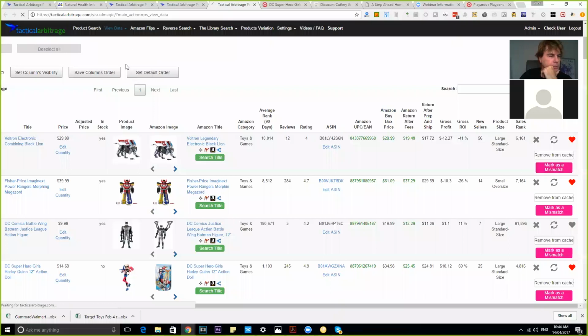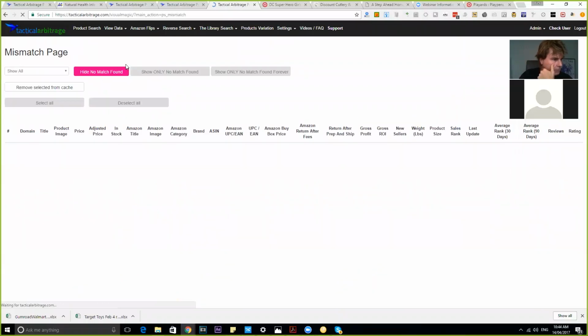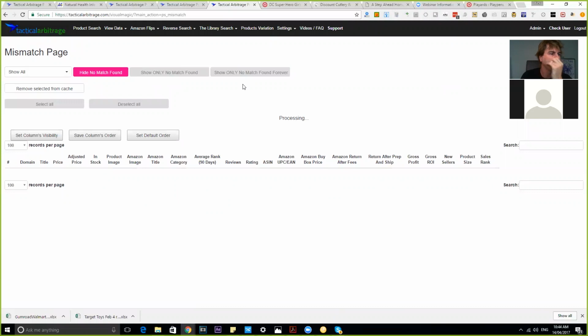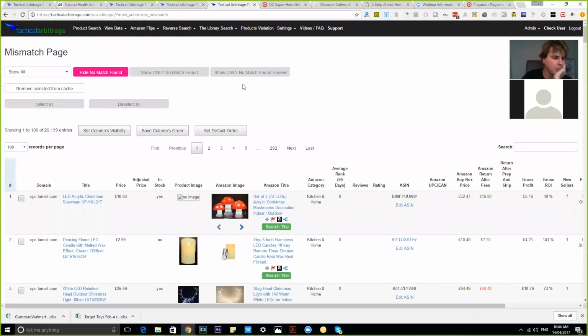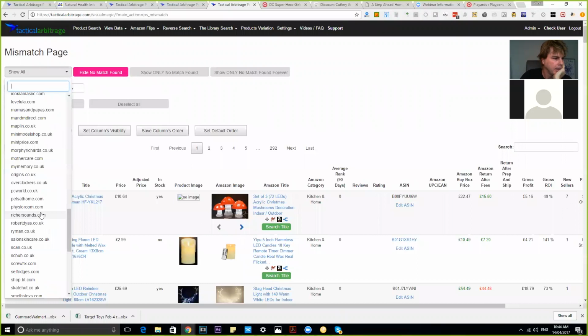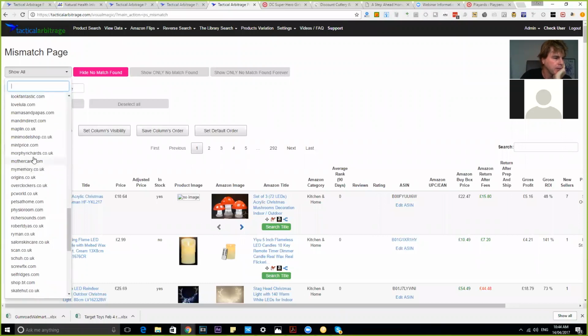The mismatch page is a little bit like a junkyard that I recommend people play in, because there are always deals to be found in this mismatch page. You could leisurely go through and find a website that you want to have a look at,